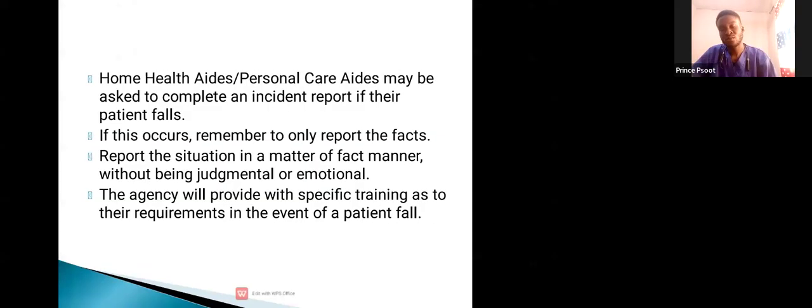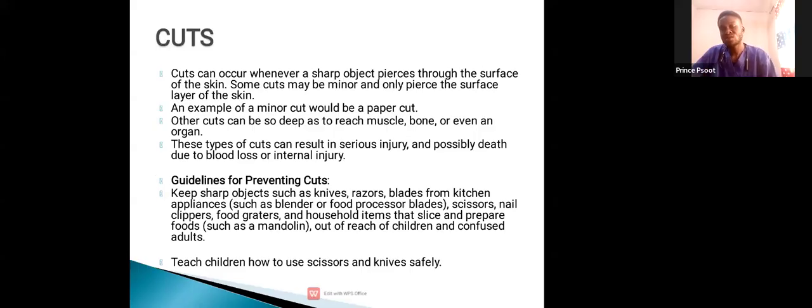Now let's talk about injuries and falls, and the next type of injury is cuts. Cuts occur when a sharp object pierces through the surface of the skin. Some cuts can be minor and some cuts are major. Some only pierce the surface or some go into the deeper layers. An example of a cut could be a paper cut. Other cuts can be deep, into muscle or bone or even an organ. These types of cuts can result in serious injury and possibly even death due to blood loss or